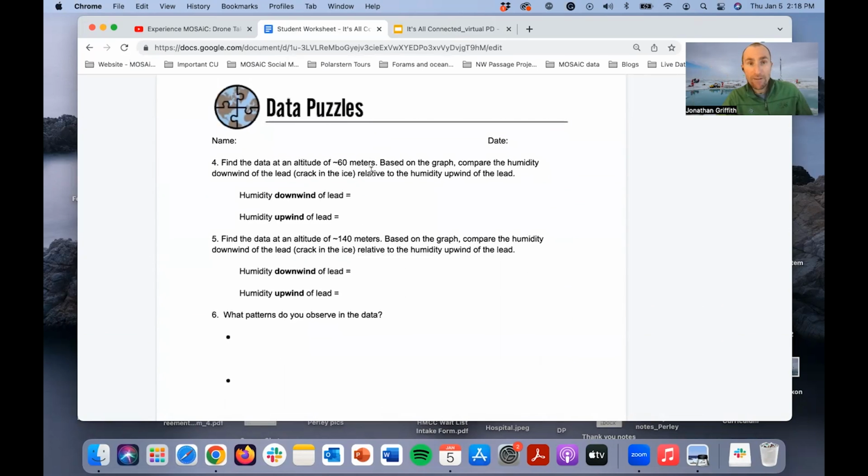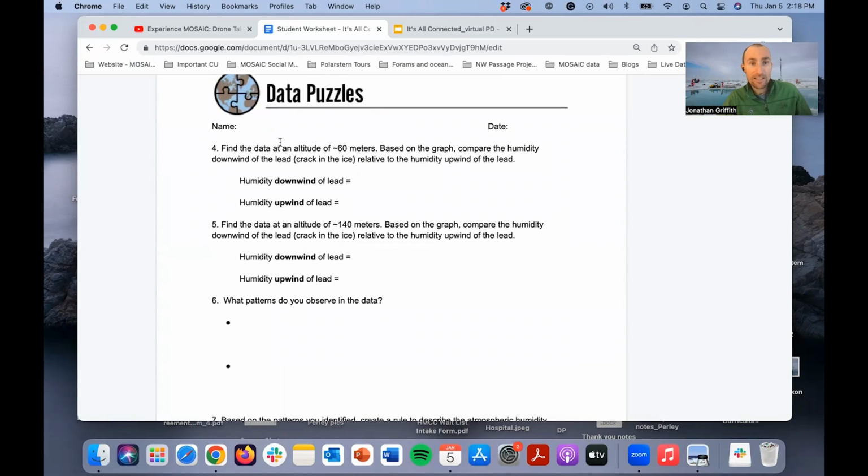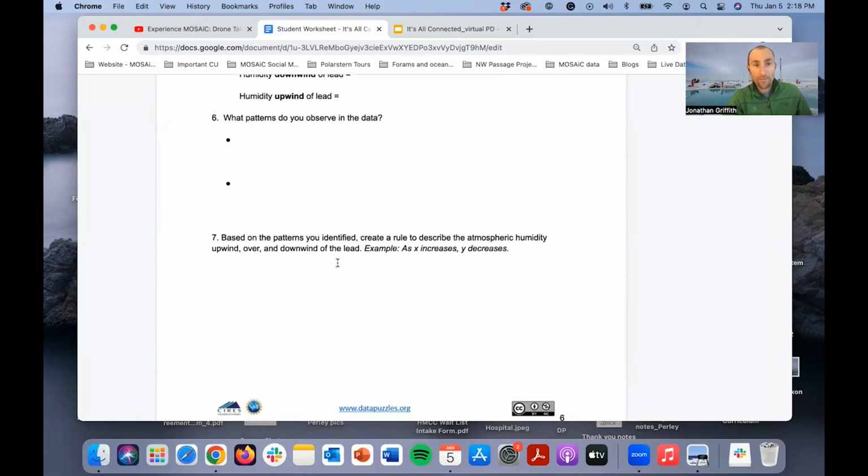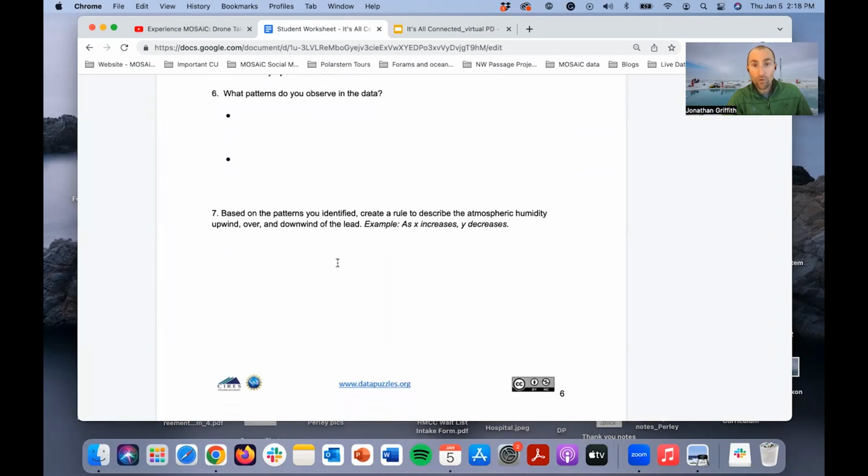To help students identify and explain patterns they see in this data set, we point out specific altitudes and ask students to describe downwind and upwind humidities of the lead. And then again at 140 meters. And so what they'll discover is that there were higher humidities downwind than upwind at lower altitudes. But at higher altitudes, that pattern is not as pronounced. We'll have students describe that pattern and create a rule,